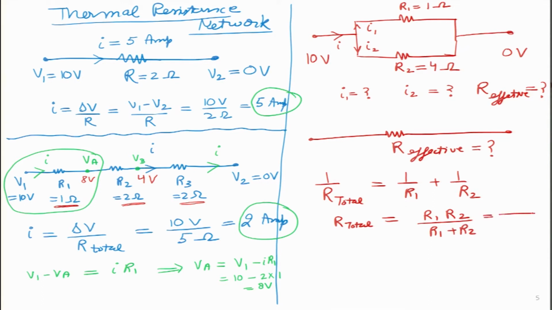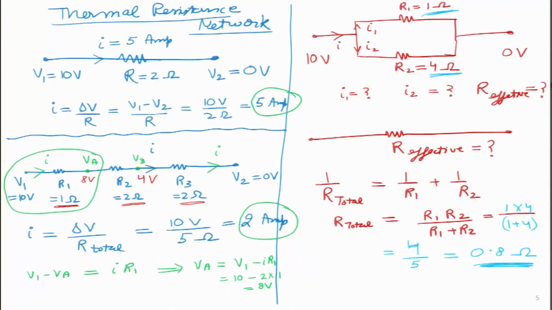I can solve this by using the values which I have chosen over here. The values that I have chosen are 1 ohm and 4 ohm. So, I will say 1 into 4 divided by 1 plus 4. So, what I get is 4 divided by 5. So, it turns out to be 0.8 ohm. We remember that in parallel it is very interesting that we have two resistances which are apparently large. One is 1 ohm, one is 4 ohm. If we had added them in series, we would have got 5 ohms, but if we are adding them in parallel, we are getting a much lower value, much lower than 4 and much lower than 1.